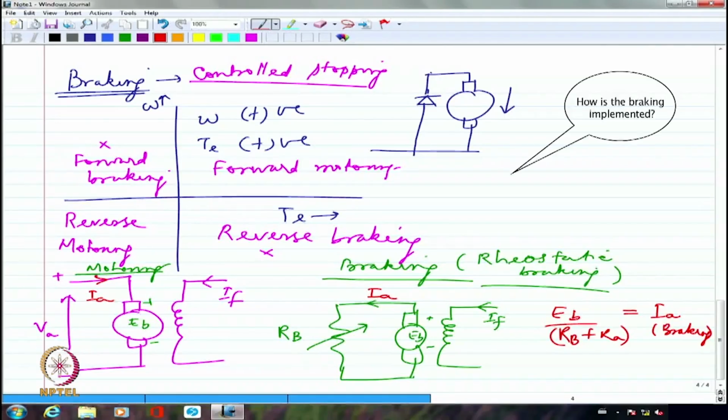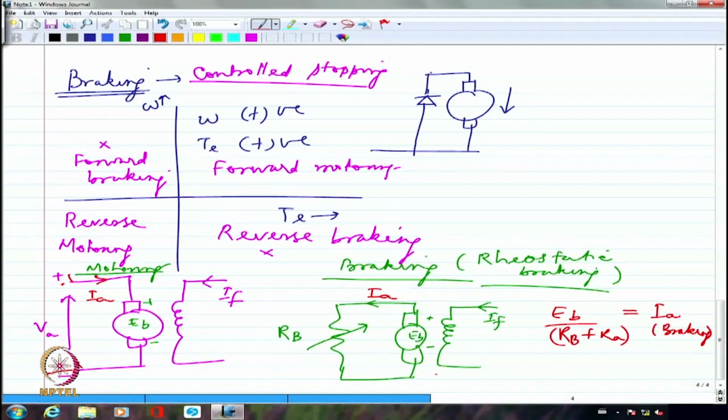Basically, you will have a switch. Open the switch. Yeah, exactly. So you cut off the switch and then include a resistance. So for the braking, you need to open out the switch, open out the power supply, and then only connect